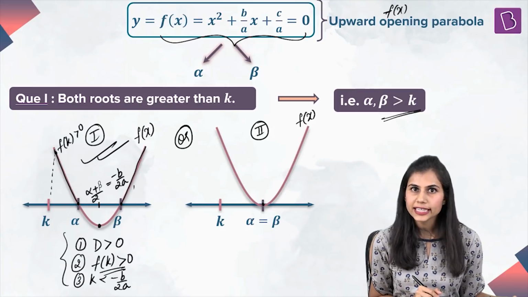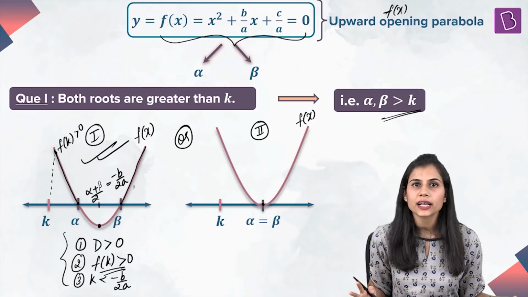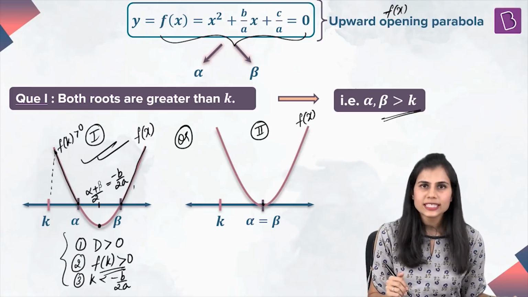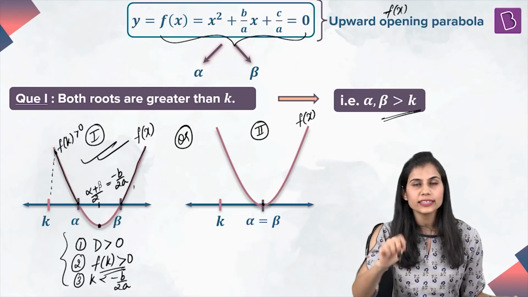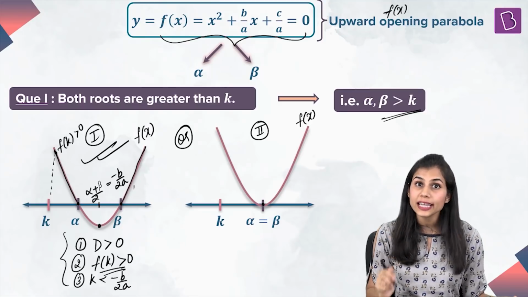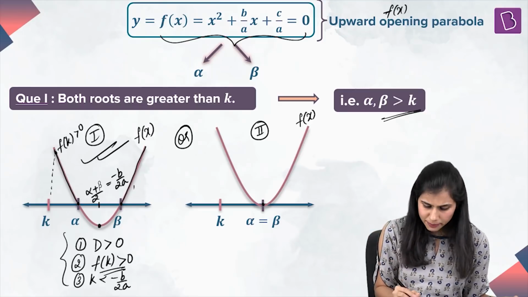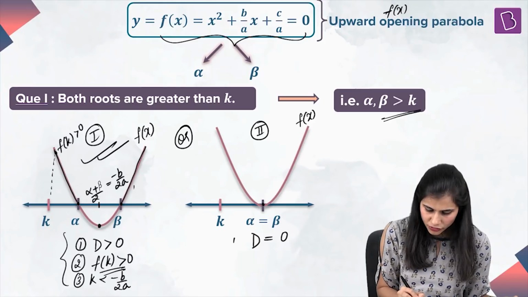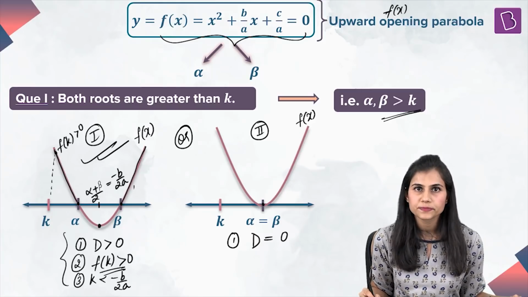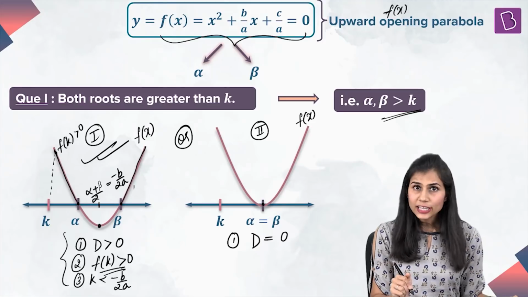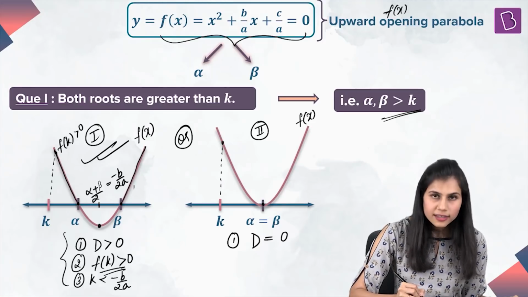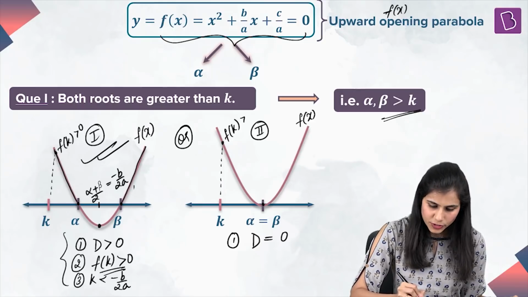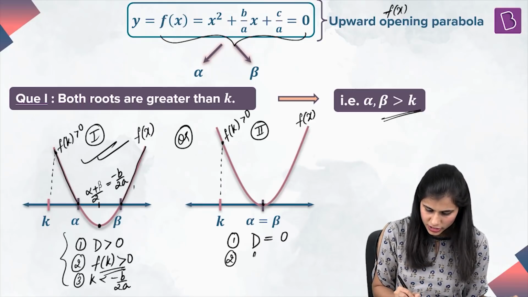Okay? Right? Similarly, let's examine the conditions to get the second figure. What is happening in the second figure? I have an upward opening parabola touching the x-axis at a single point. That means my quadratic equation has two real and equal roots, which can equivalently be said as the discriminant of my quadratic equation is equal to 0. Right? Secondly, you can see that again, corresponding to k, f of k is positive, right? So, second condition is this.